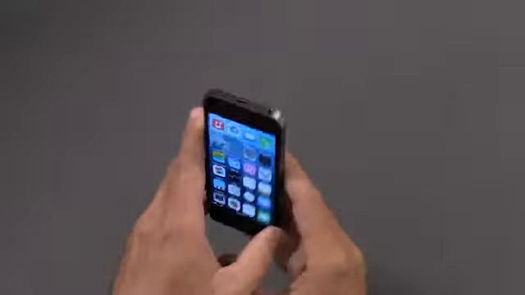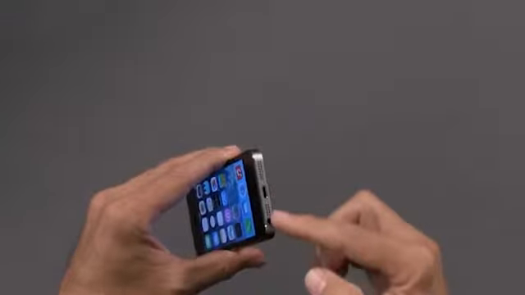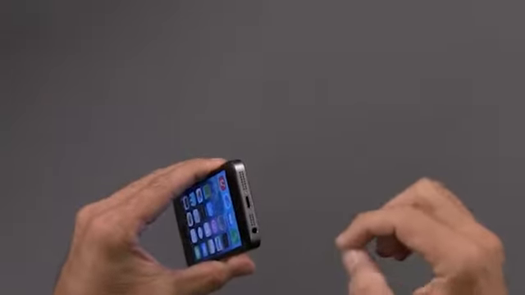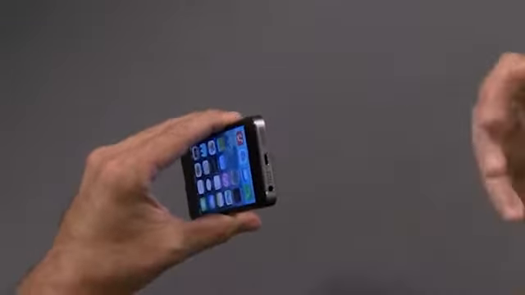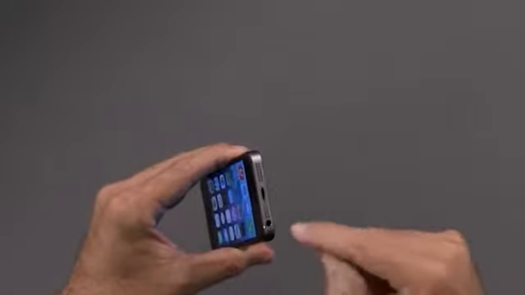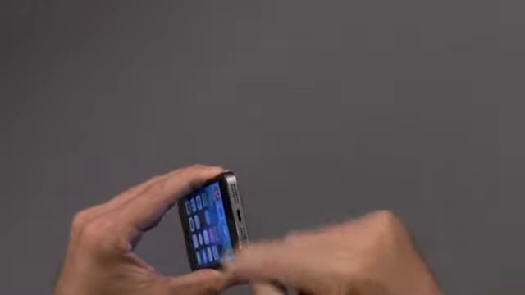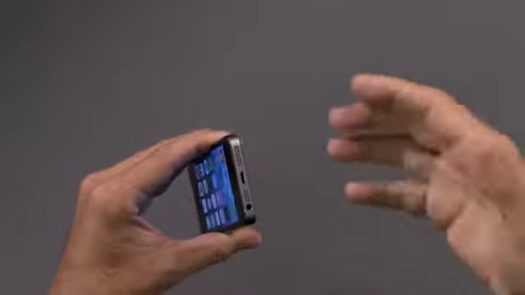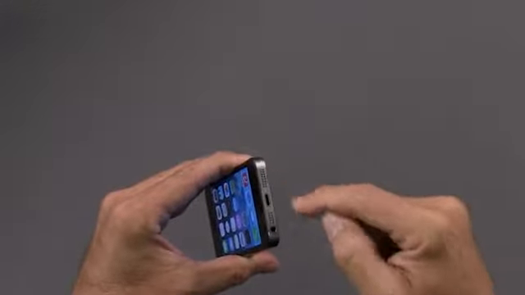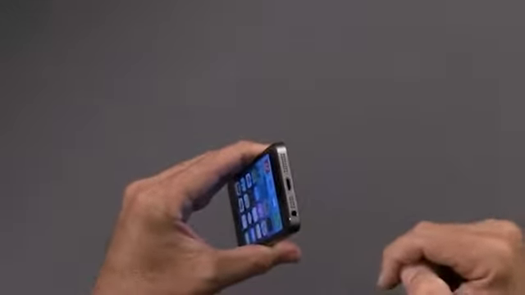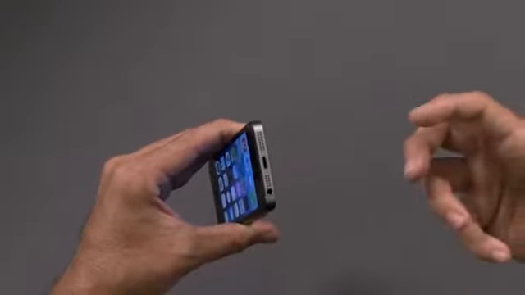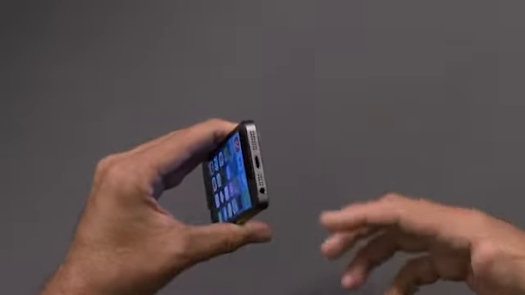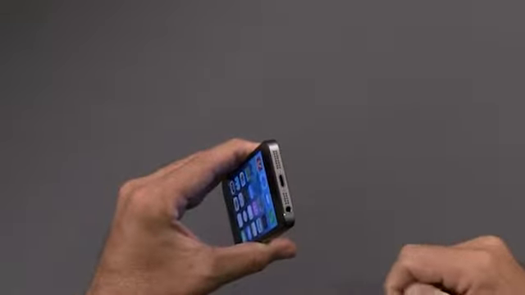Moving down here to the bottom, we've got a couple of things that are focused in here. And this is one of the areas that we have a change from the iPhone 5 and the iPhone 4. In both of them, this is where we're going to find our speakers. So both in the 4 and the 5, this area down here at the bottom, these dots that you see here, are actually the openings for the speaker when we hear noise from whether it be music or whether it's our speakerphone conversation or alerts. Those are all coming from down here.